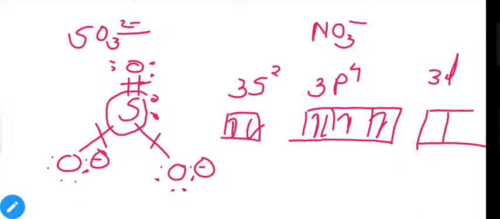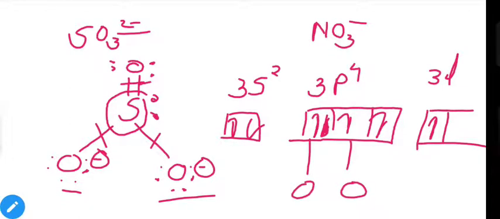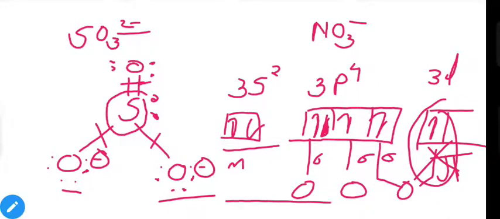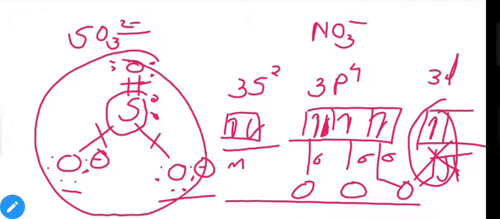First of all, we can say that one of the pairs will break and its electron will jump into the d orbital. Now each of these single oxygens will form one single bond and the last oxygen will form a double bond, something like this. As we know, the second bond will be a pi bond and we are not counting it in hybridization. So these are the orbitals which will contribute in hybridization. First is the non-bonding electron pair and then we have 3 sigma bond pairs. So what is the structure of SO3 2- now?